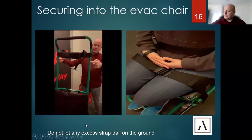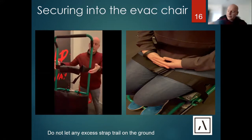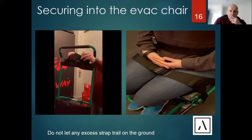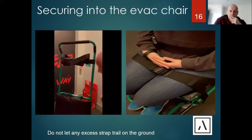On the extended arms, which is used for leverage, you can adjust the headrest. The head can go here, and then for extra security, so the person can't fall out, you can put that around the forehead, Velcro strap. Similarly, you will have